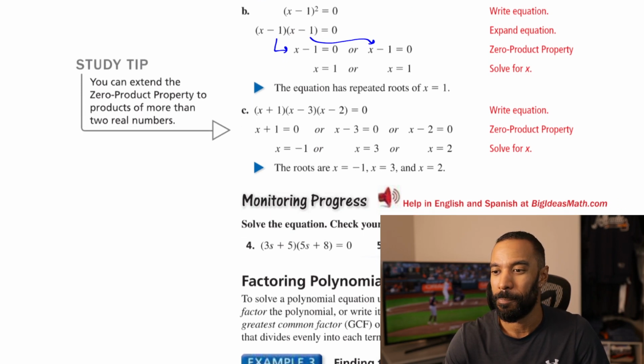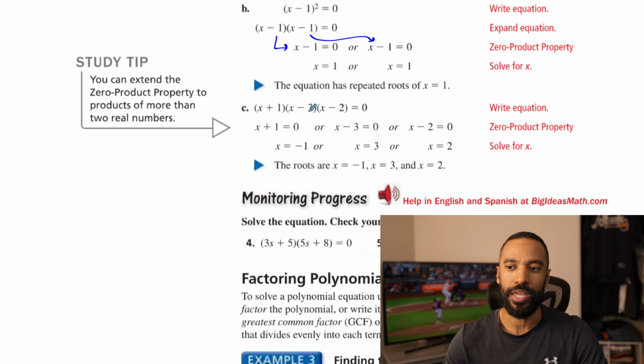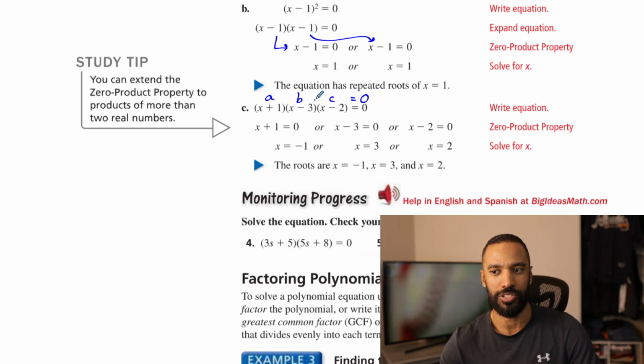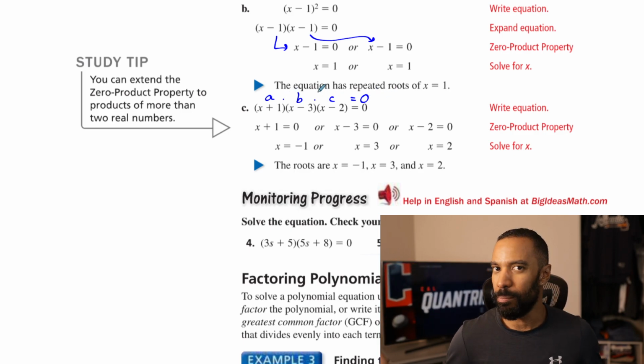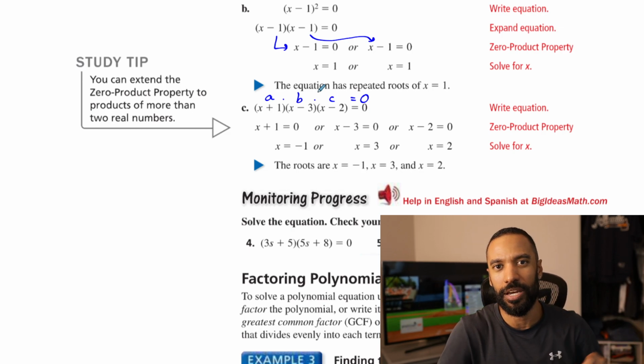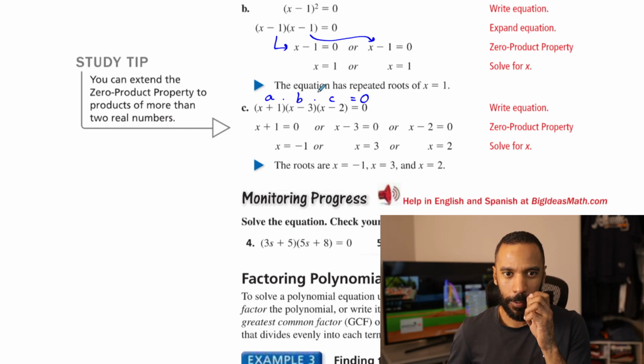That sounds important. And this third one here has three things multiplied. I mentioned if a times b equals 0. What about if a times b times c equals 0? Does it still work? Yeah, if one number's 0, then it multiplies with everything else. It's going to wipe it all out. It all becomes 0 in the end. So, ultimately,